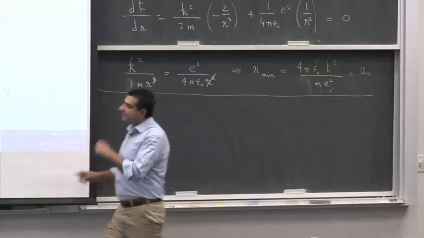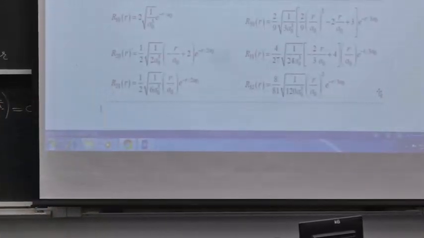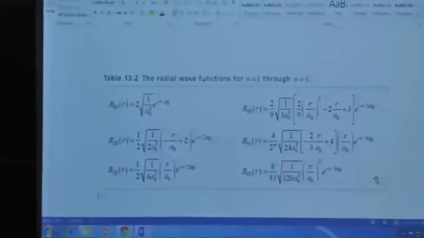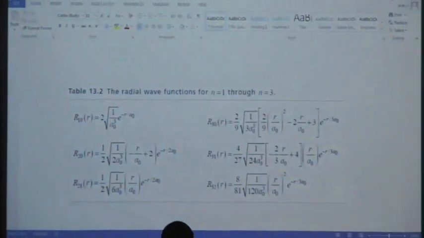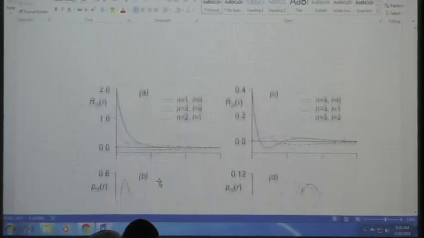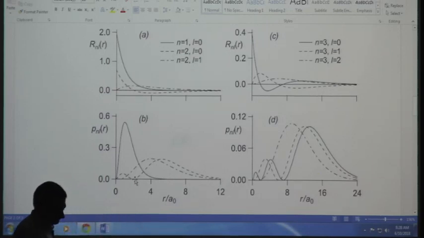Now if I were to plot these higher order wave functions, how would I do that? I can just take a computer program, plug in the radial wave functions and make a plot. That's what I would expect you to do. Every modern physics student should be able to make a plot. Alright, so if you observe here,